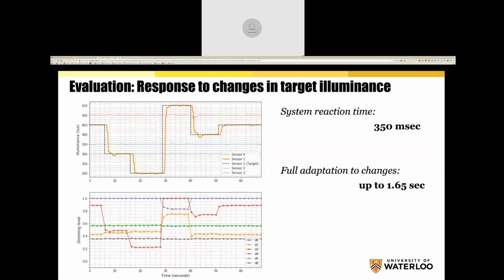Somebody may say, I want a brighter or a less bright environment, and the dashed line on top shows what they want. You can change it every few seconds even, and the system nicely tracks what you want. The orange line is the one thing that's changed. All the others are unaffected, as you can see, which is very cool. Everybody else has pretty much the same light, just the one side that says I want it brighter or dimmer. They're being controlled, matching approximately what they want, but the other workers in that cubicle office are unaffected by this.